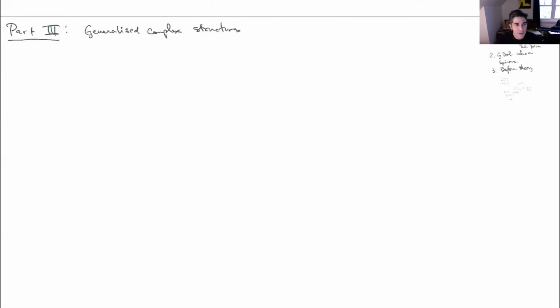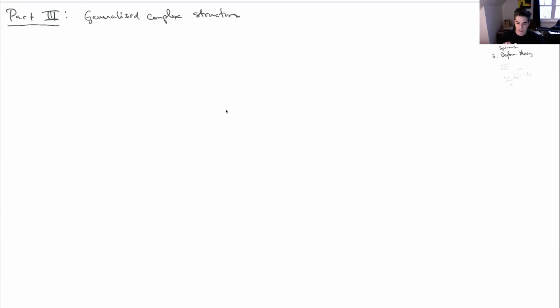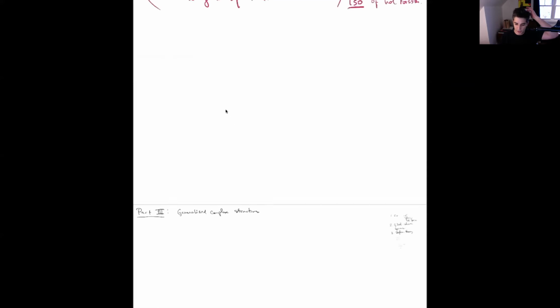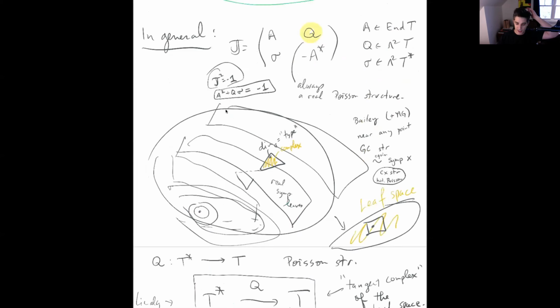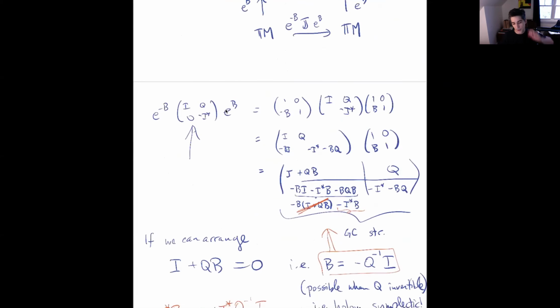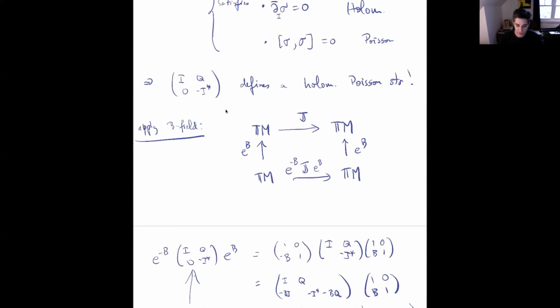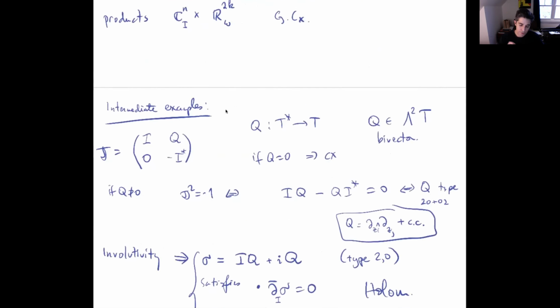Okay, so we're doing the third part now of a four-part series on GC geometry, generalized complex geometry. Okay, so let's look at what we did last time. So last time, there's a couple of key calculations. One of them is, well, okay, so first thing that you have to absolutely remember, and I just recall it now, is that